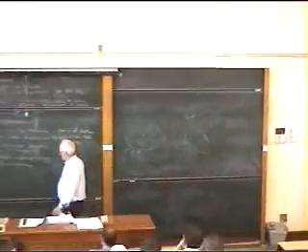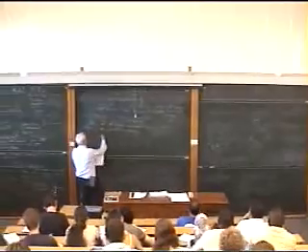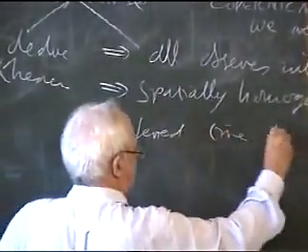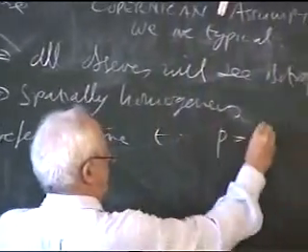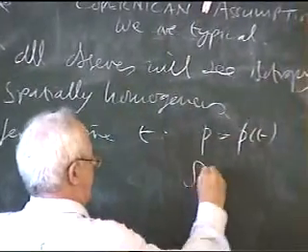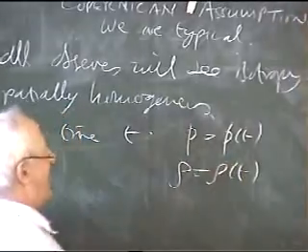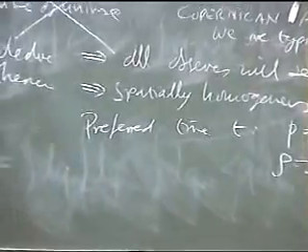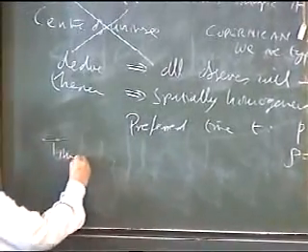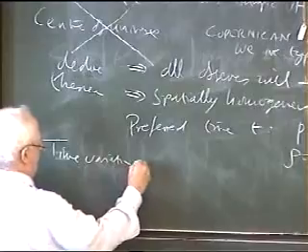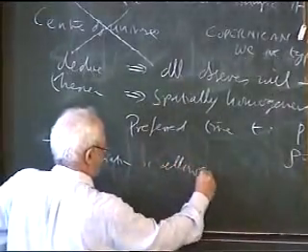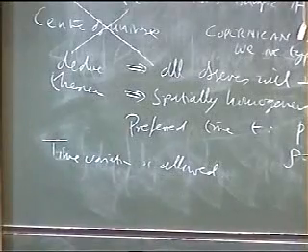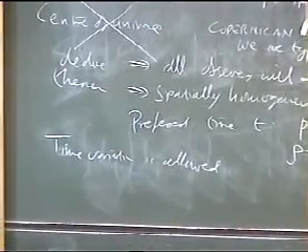Okay? And from the space-time viewpoint, what it means is there is a preferred time, T. The pressure depends only on T. The energy density depends only on T. Anything you think of depends only on T. What is allowed is a time variation. Is allowed. And so the standard model of the universe is based on this simple line of argument.